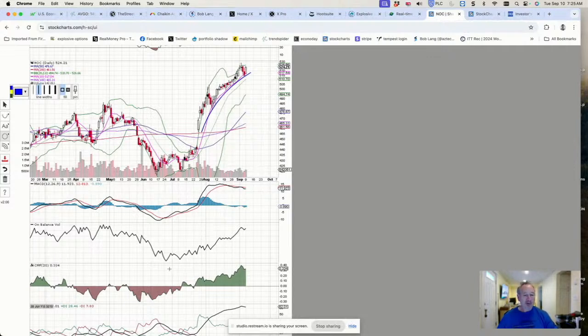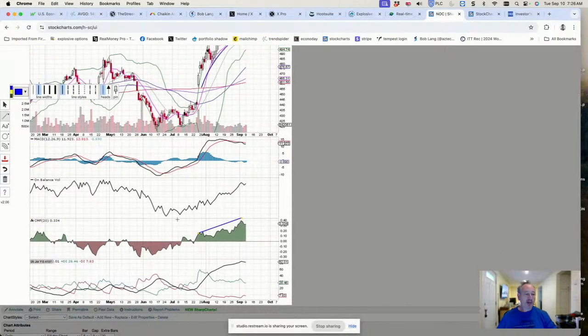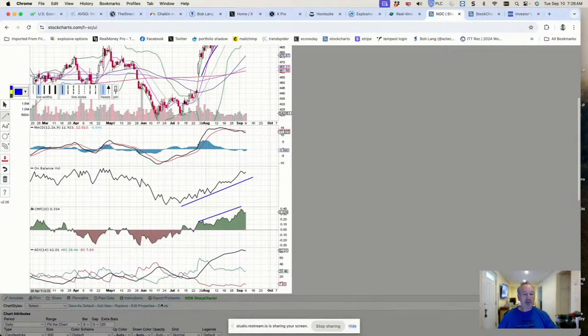We see good strength in money flow as well. Look at that strength in the money flow. Couple indicators we don't normally look at here. On balance volume is really rocketed higher as well too, so it means that big institutions are coming in and adding to the stock. And finally, we'll look at the bottom over here, which is the average directional movement, ADX,